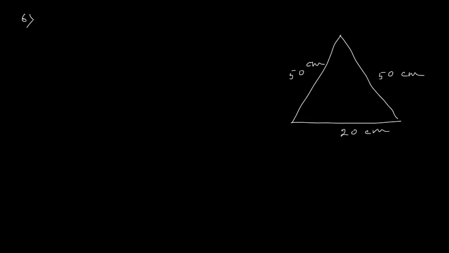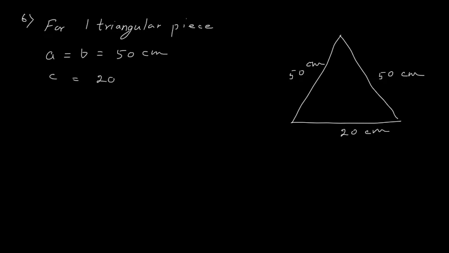So for one triangular piece, a and b are the same, 50 centimeter, and c is 20 centimeter. So S will be a plus b plus c divided by 2, which is 50 plus 50 is 100, so 120 divided by 2 is equal to 60